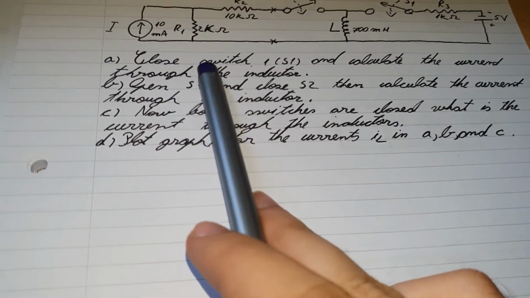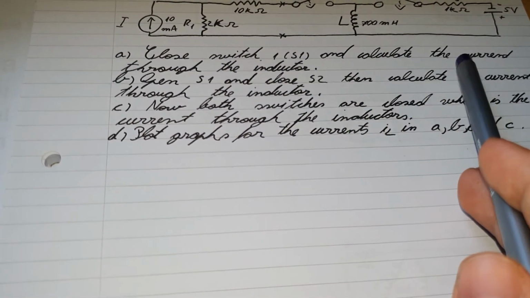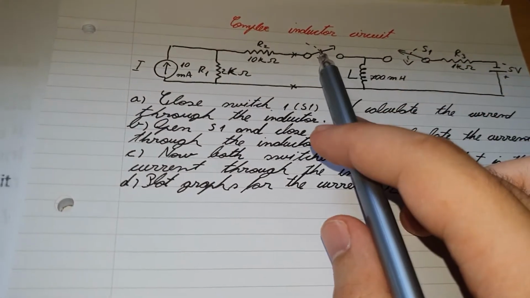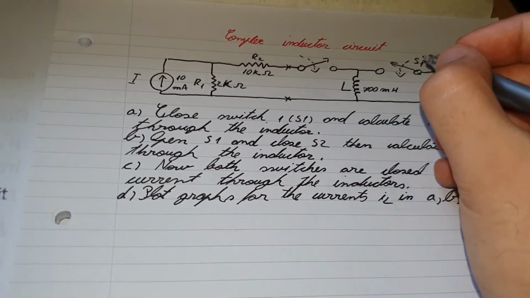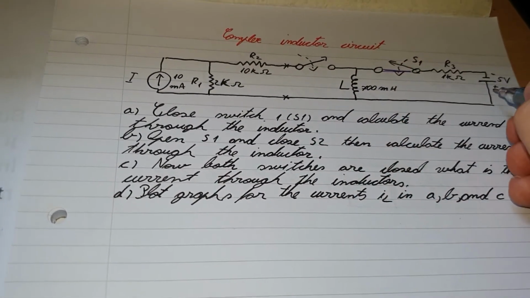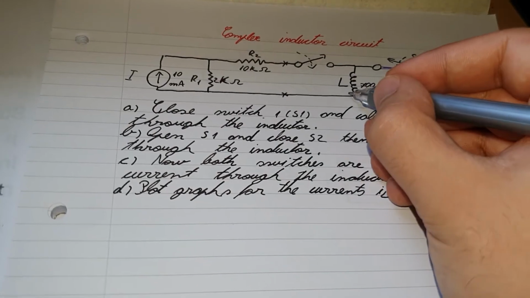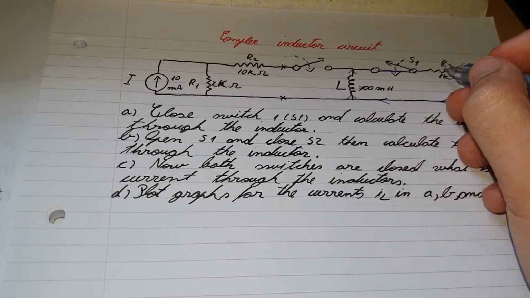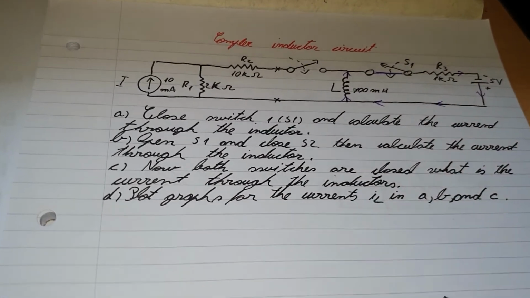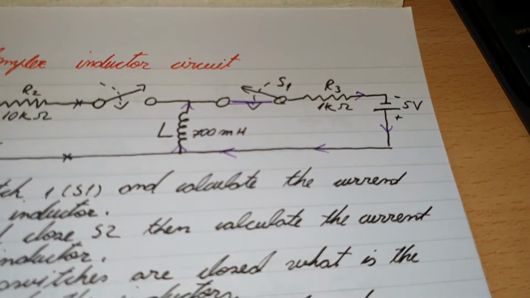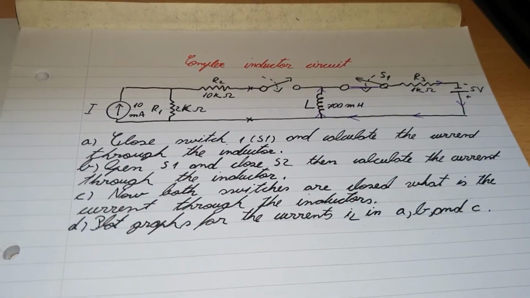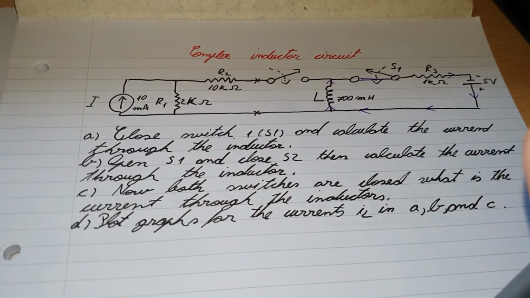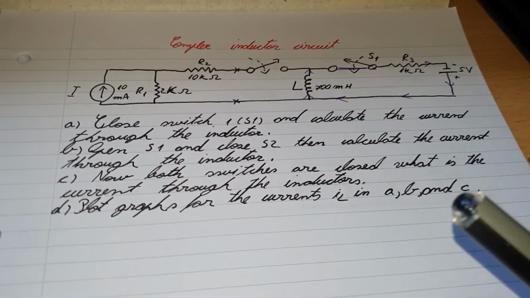So if we close switch 1 and calculate the current through the inductor, switch 2 stays open, which is this one, is switch 2, and switch 1 closes. So let's close this one, and then we know the current flow will be in this direction. It will go from up, down, up, and all the way back to it. There you go. Hopefully you can see it. Okay, so let's get started with it. Oops, sorry about that. Again, just using only one hand, it's a bit hard.